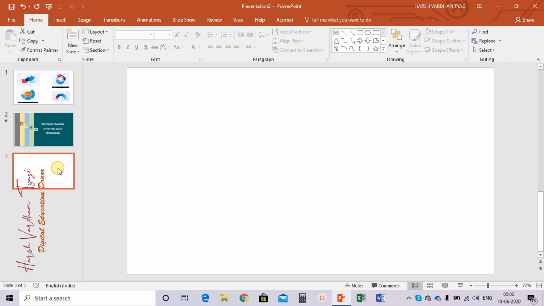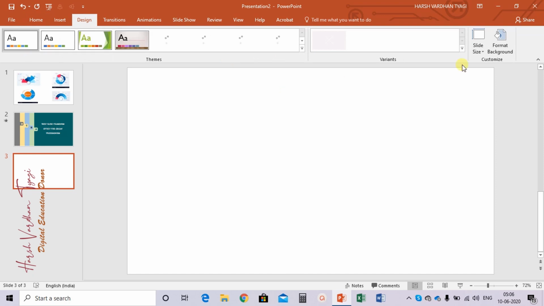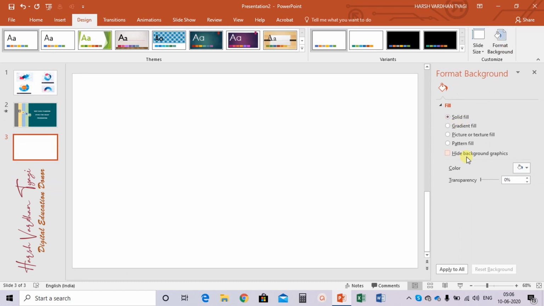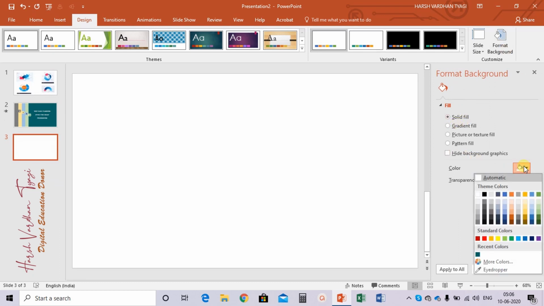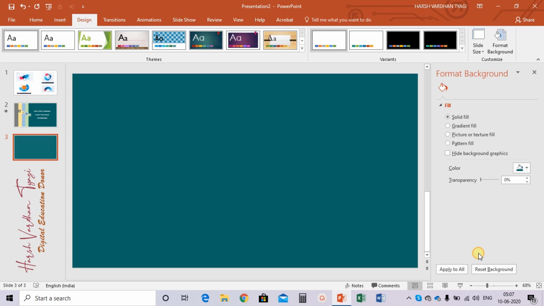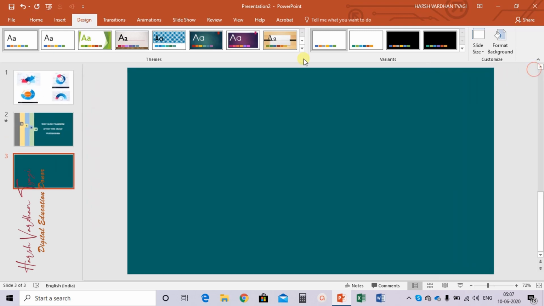Now I have added a blank slide. Go to design, go to format background, and then select the background color. Once selected, close it.